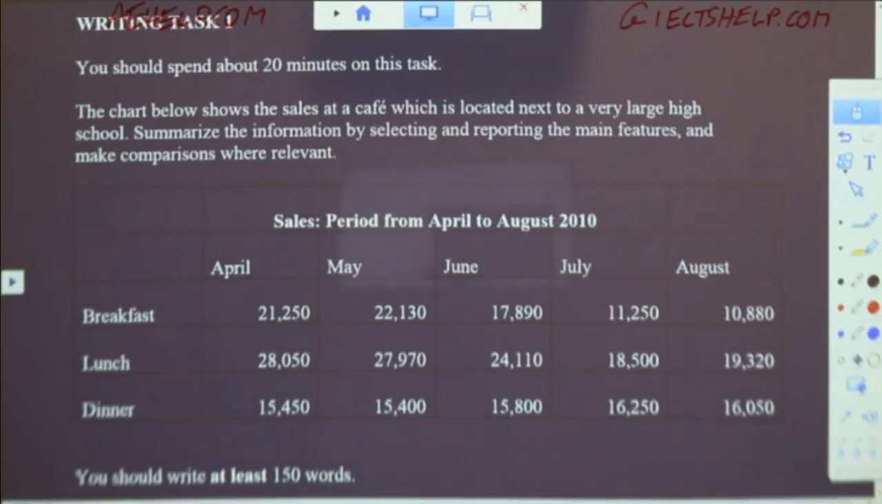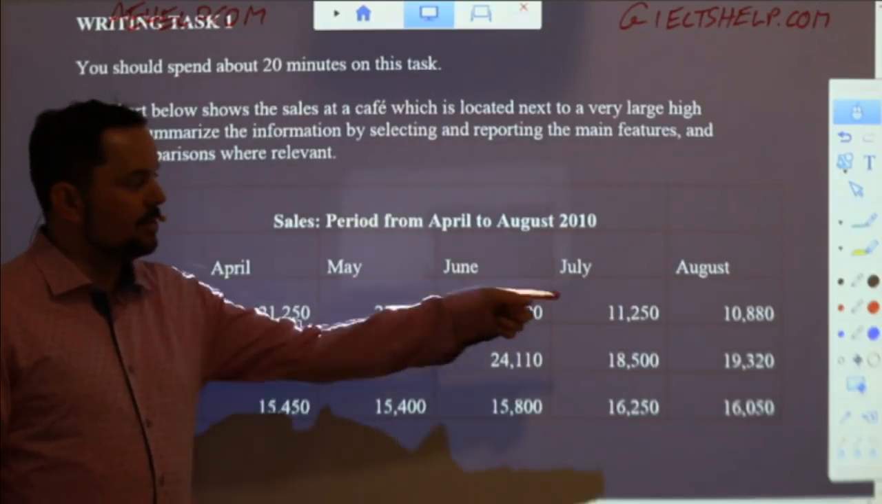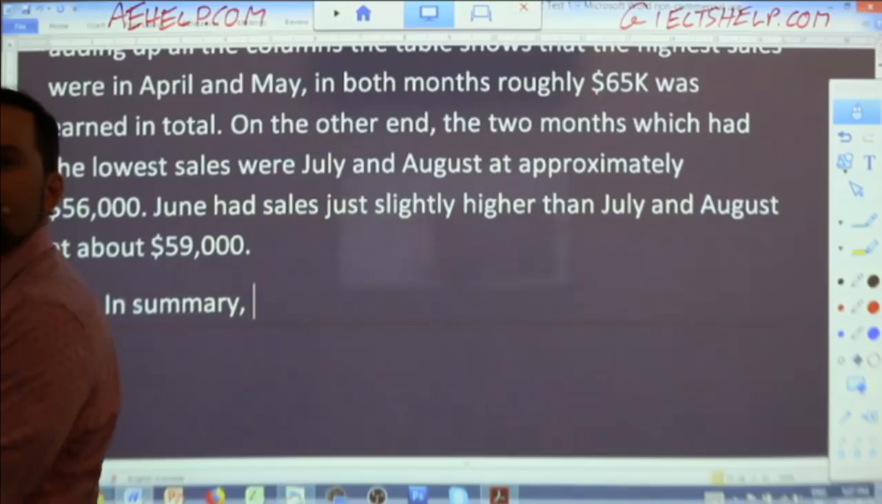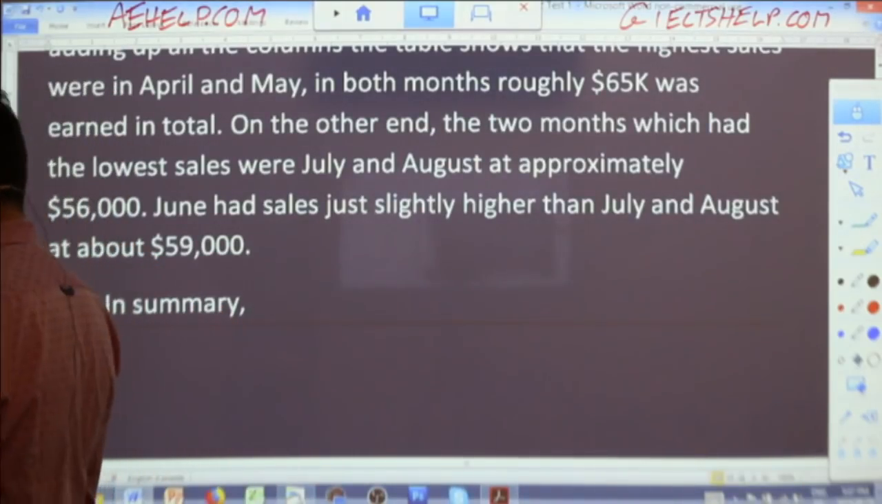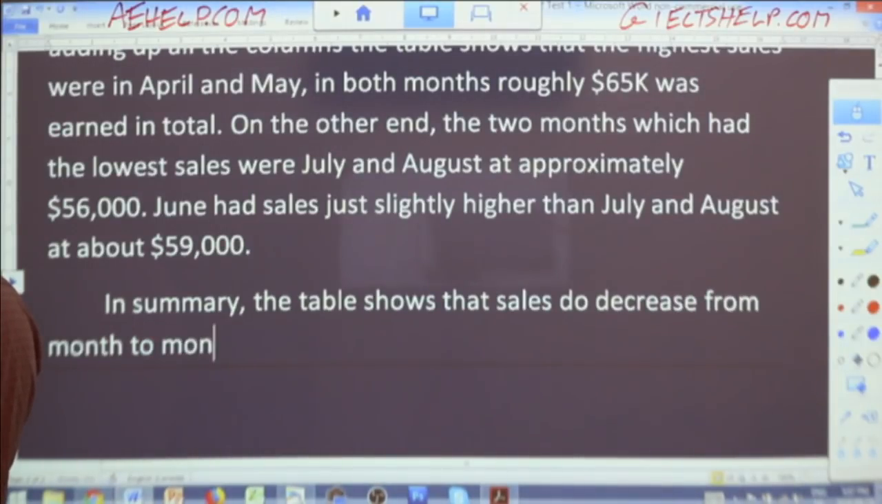Yep, so there's definitely a downward trend. So there's a decrease in sales from month to month, going from April to August. Absolutely, that's a great way to start it off. Farouk, good for that one. So in summary, the table shows that sales do decrease from month to month. If you're actually more clever here, you'll say the table shows that sales decrease from spring to summer